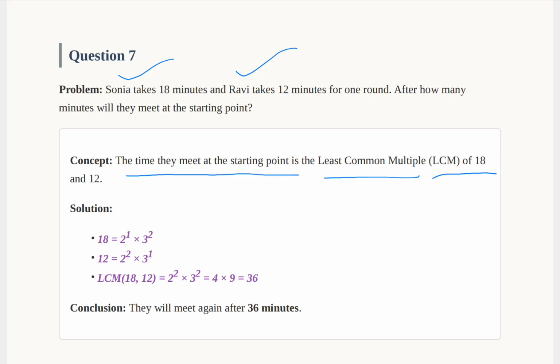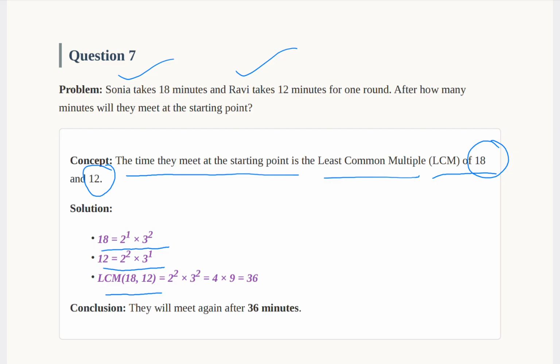Now you will find the LCM of 12 and 18. So first of all you will find the factors of 18 and 12, and then you will find the LCM. So prime factors of 18 are 2 into 3 raised to the power 2, and prime factors of 12 are 2 raised to the power 2 into 3 raised to the power 1, and their LCM will be, what you will do,